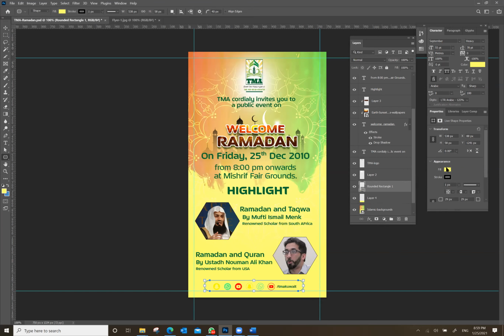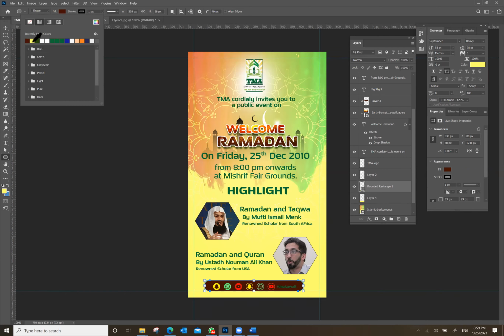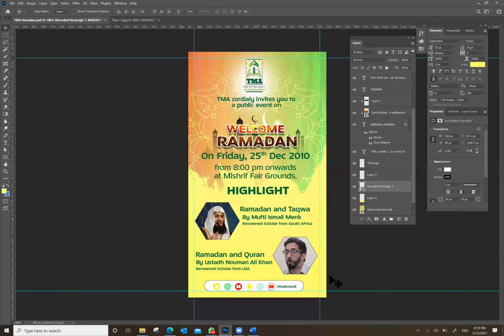In order to change the color of the rounded rectangle, there are multiple ways. You see appearance here. There is one fill color here. Any one I will select. I will select some dark color. Dark color or white color, whichever looks good, you can select it.